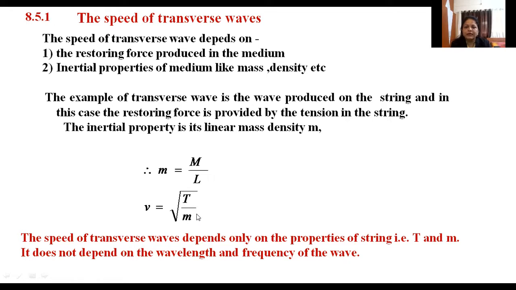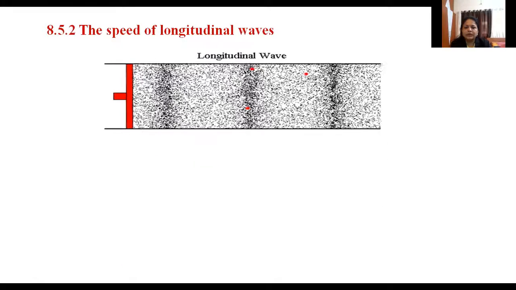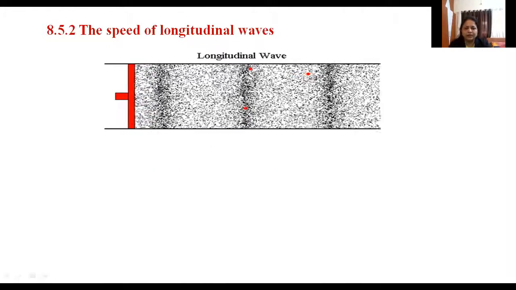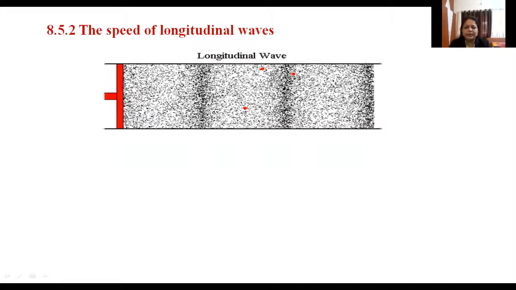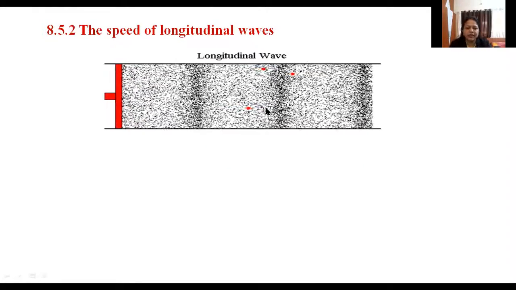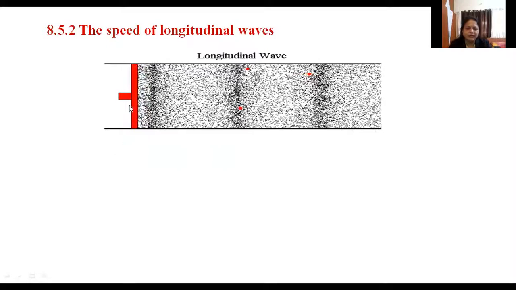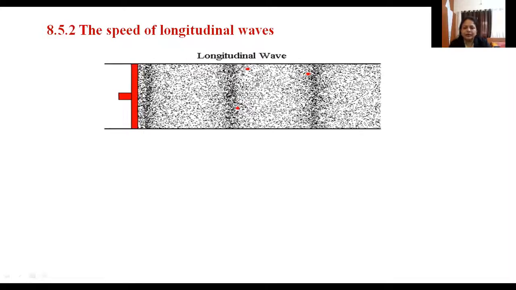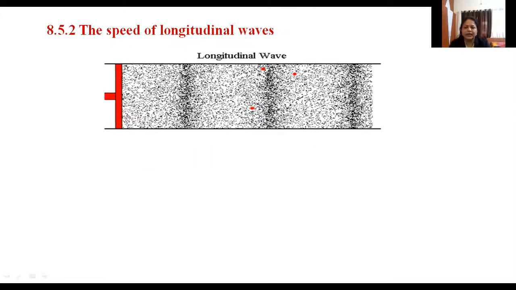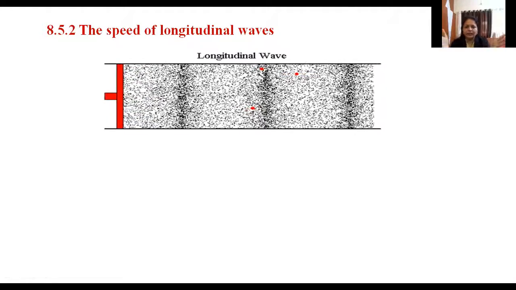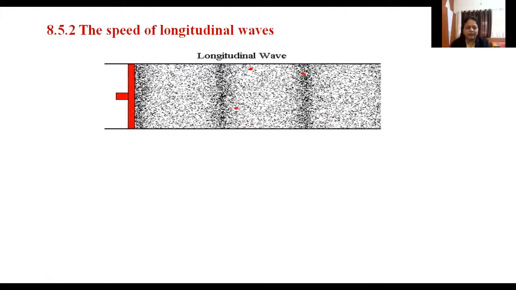Okay, now let us see what is the speed of the longitudinal wave. Okay, now as we know, this is the longitudinal wave. In this आपल्याला माहिती की यामध्ये पार्टिकलची जी मोशन आहे ती कशी होते. It is in the direction of wave. म्हणजे direction of wave, in this case the direction of wave is in positive x direction, and also these particles are moving in x direction to and fro. Means these particles are getting compressed and getting rarefied.